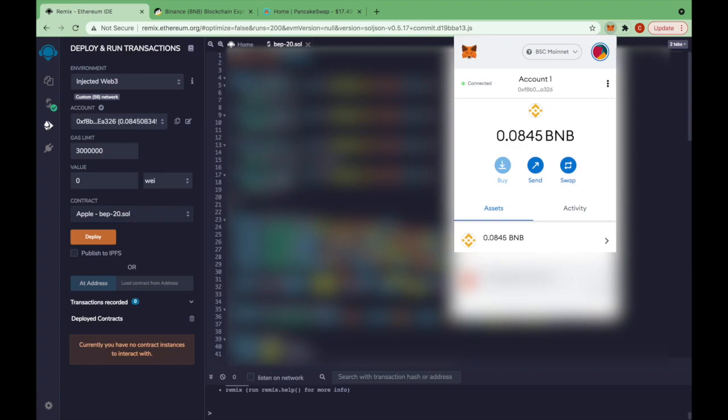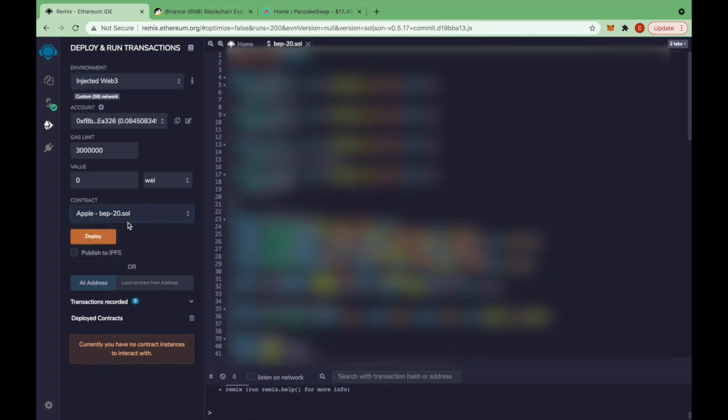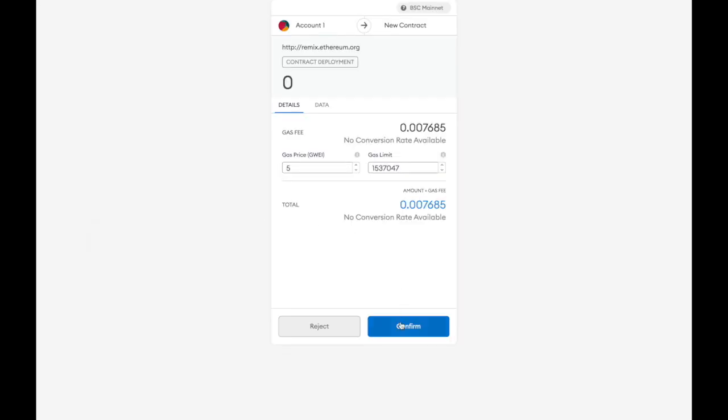You can see it's going to be compiled. Then you can go to the next tab, and change this to injected Web3. Make sure that you have your MetaMask wallet connected on Google Chrome, and you can see I have mine over here. I have mine connected. You can see it's 0xF8, and we have 0xF8 here, so it's connected. Make sure that this contract is the name of your token, right? So let's deploy it. I just have a small amount of BNB here in my MetaMask to cover gas fees. Let's just go ahead and press deploy, confirm,